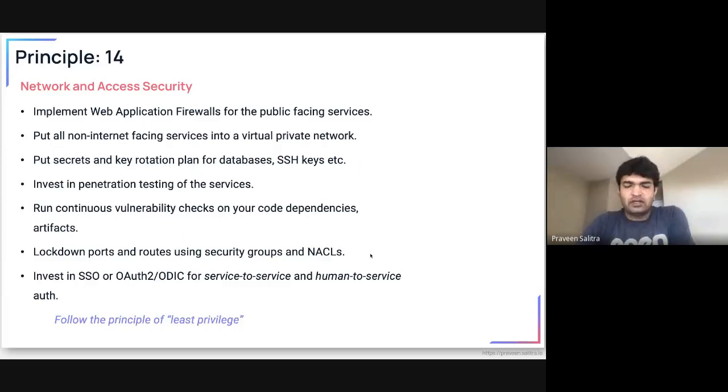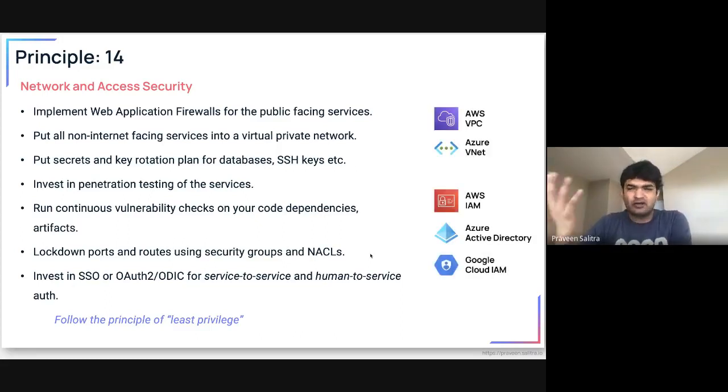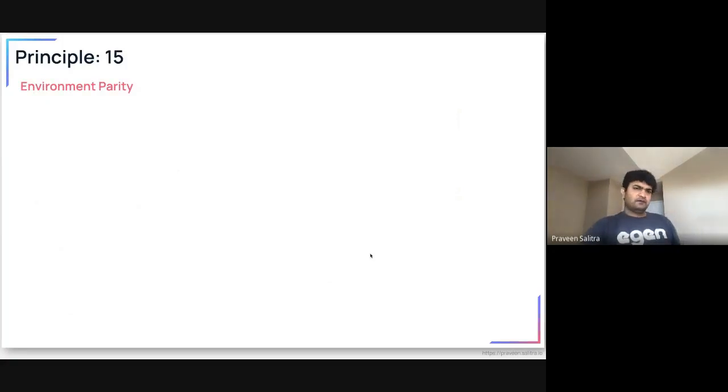One of the things that your engineers, your users, will hate is having 10 different passwords for 10 different services. So use something called SSO. There are options available outside, including a lot of things available on the cloud providers. All the cloud providers have some sort of IAM, Active Directory kind of concepts. So use them. A couple more.